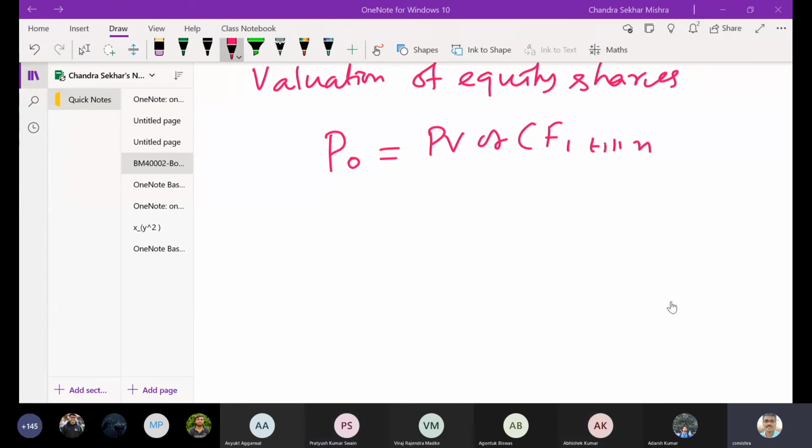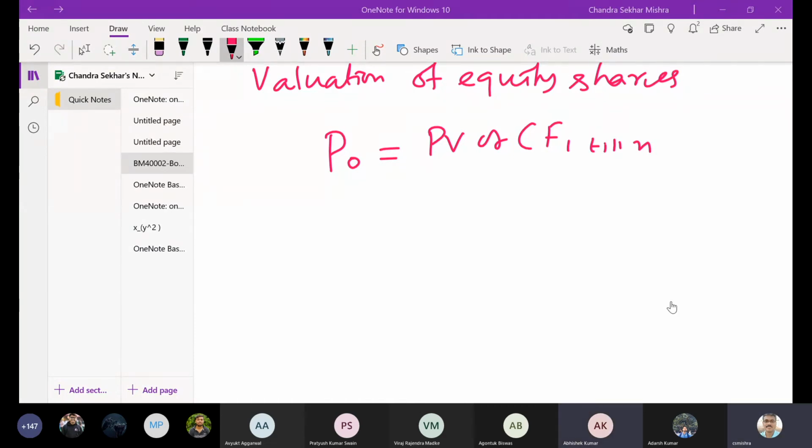Does the company promise at the time of issue of share that you will be getting this much periodically, this much at the end of maturity? No, sir. Does an equity share have a maturity period? Anyone? Equity share nomenclature is equity share of X rupees face value issued at this much rupees. That's the only thing. No time, no periodic payment, nothing promised.